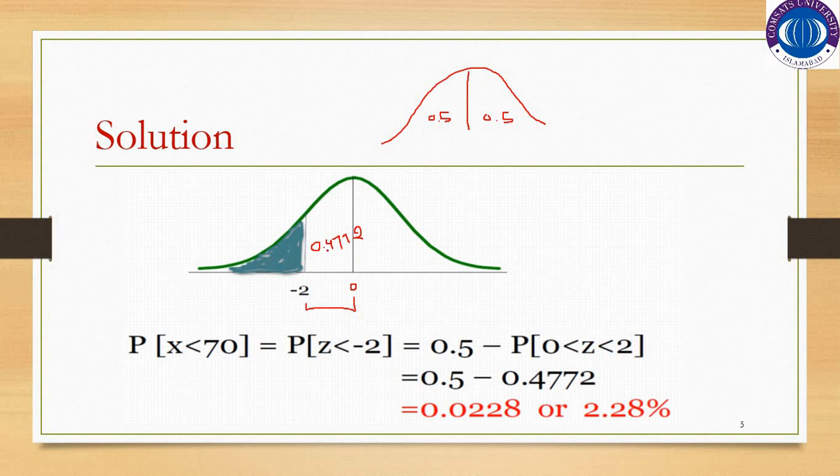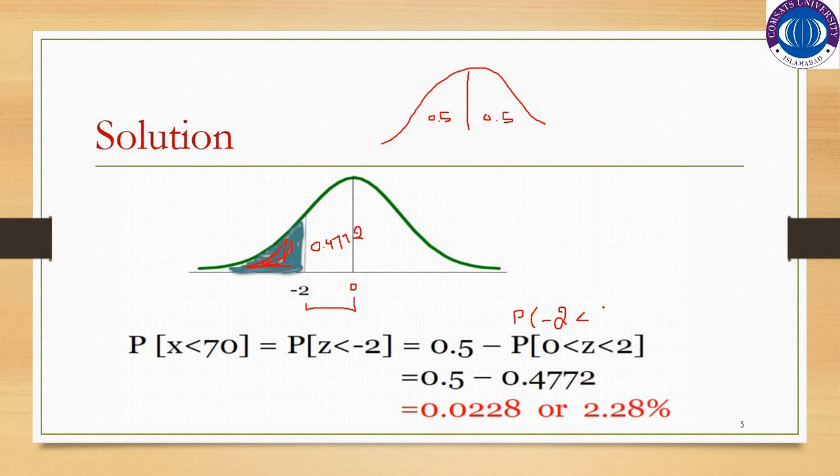If you subtract 0.4772 from 0.5, you will be left with this area, which is our required area. So all this area is 0.5, and by subtracting 0.4772, you will get the required area. What we have done: probability z less than minus 2 will be equal to 0.5 minus probability 0 less than z less than 2, or you can write it in this way too: probability minus 2